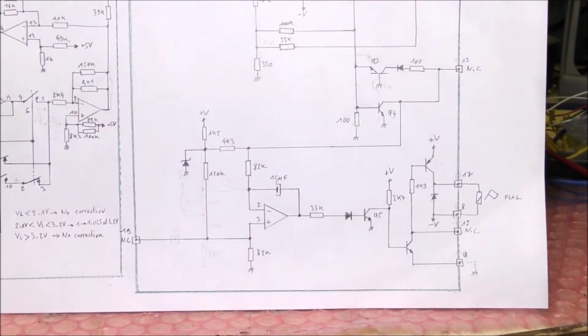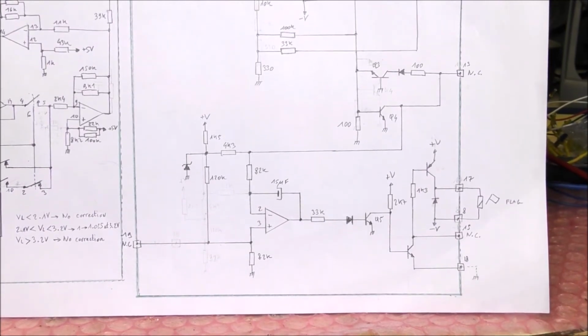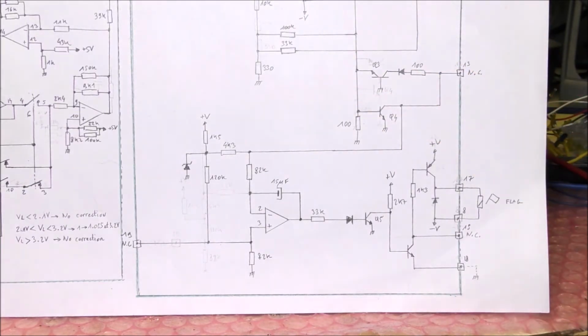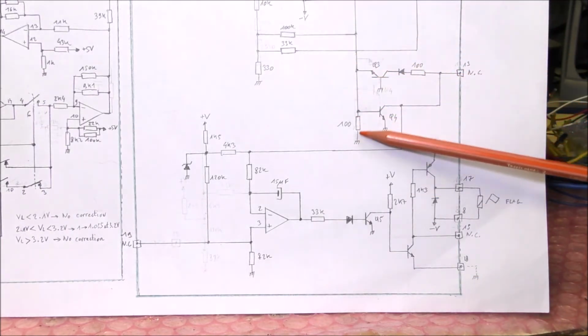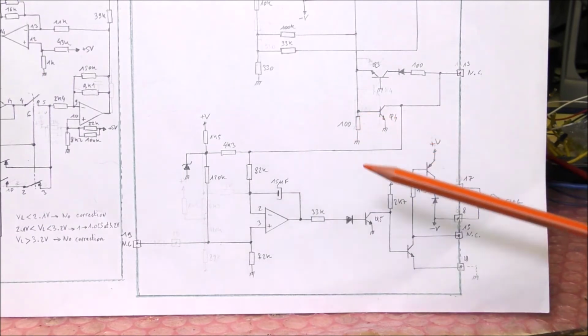On the bottom of this page, there is a circuit which permits to activate the flag. The activation of the flag depends actually on the current which flows on the error amplifier. In normal situation, after a given time, the output voltage of the error amplifier is 0. If it is not the case, there will be a current which flows into this line here, and there will be a voltage which will be present across this resistor of 100 ohms.